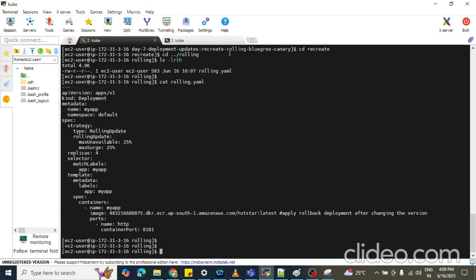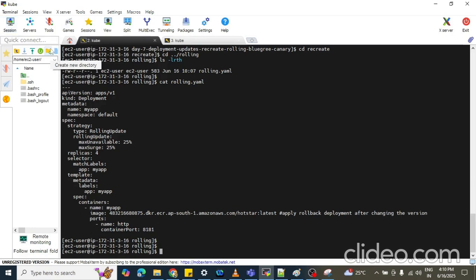If you see the approach of deleting and installing, suppose we upgrade our version from v1 to v2. Suppose we uninstall the v1 version and then install our v2 version. In rolling update we are not going to follow this type of approach.